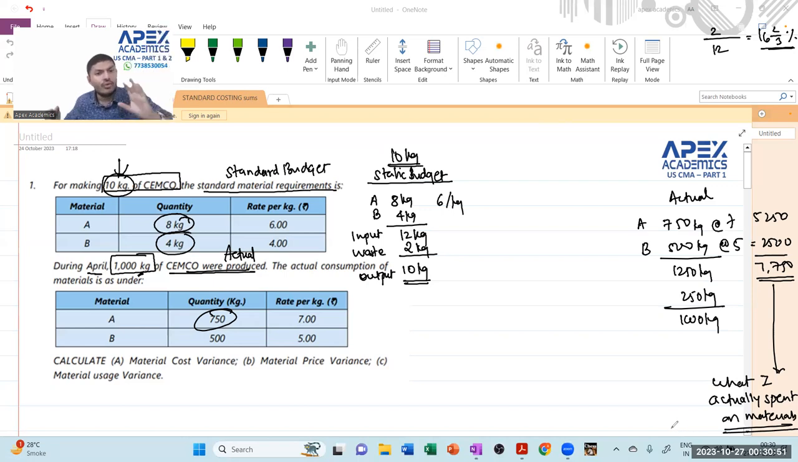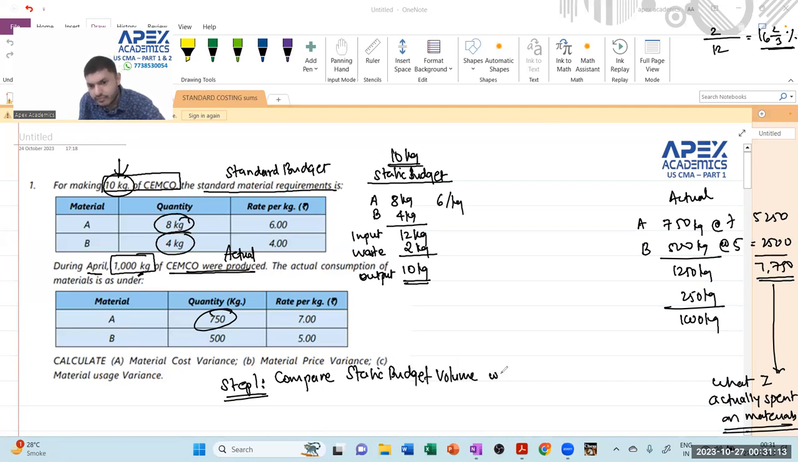So far, I have only analyzed the question for you. I have not yet started solving variances. Step 1 of any variance question will always be to compare static budget volume with actual volume. Where static budget volume is not equal to actual volume, step 2,